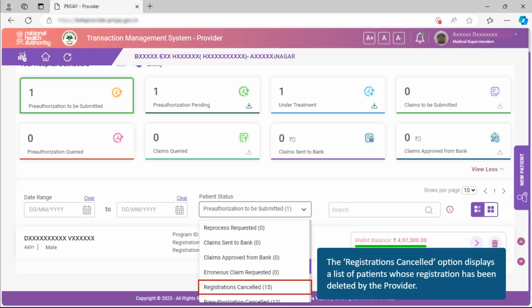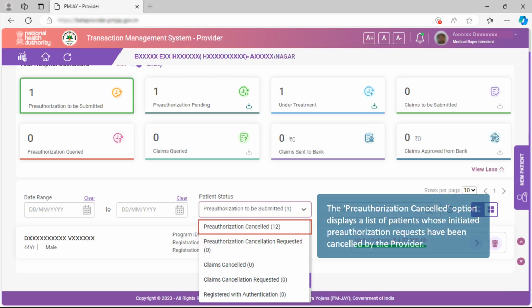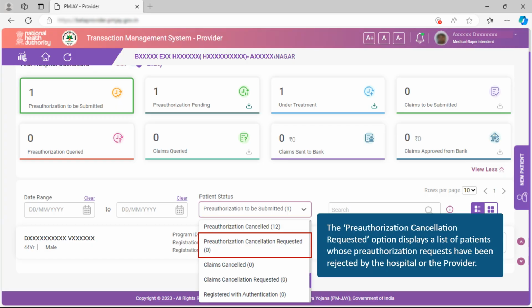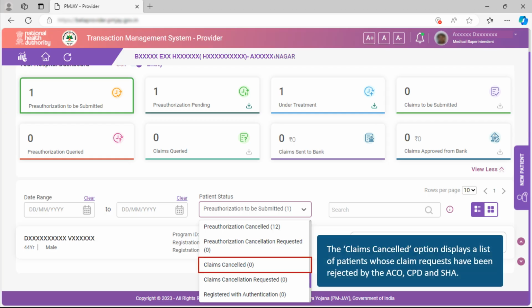Next, the registrations cancelled option displays a list of patients whose registration has been deleted by the provider. The pre-authorization cancelled option displays a list of patients whose initiated pre-authorization requests have been cancelled by the provider. And the pre-authorization cancellation requested option displays a list of patients whose pre-authorization requests have been rejected by the hospital or the provider. The claims cancelled option displays a list of patients whose claim requests have been rejected by the